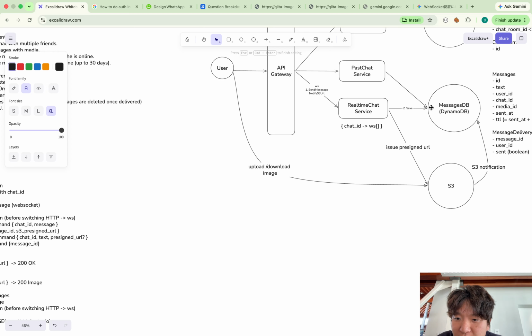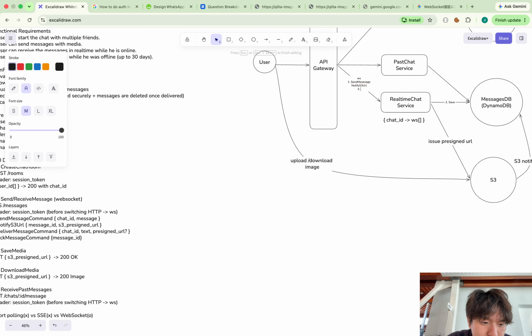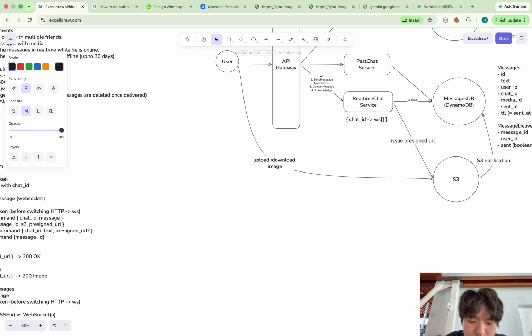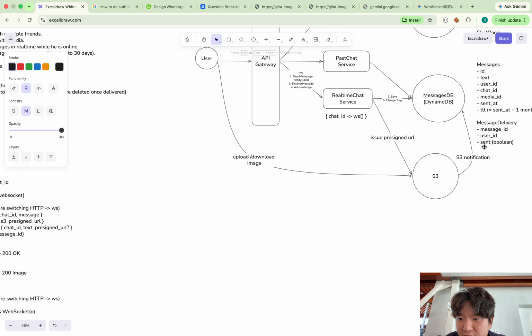So this is saved, and then the message is sent to the user. Then the client acknowledges the message. Then this real-time service updates the flag, and now the message delivery sent flag is flipped.